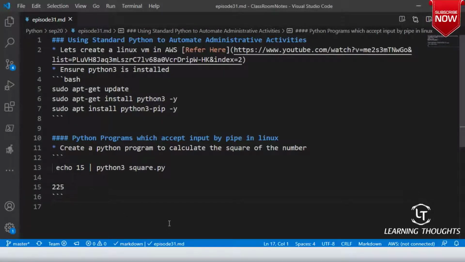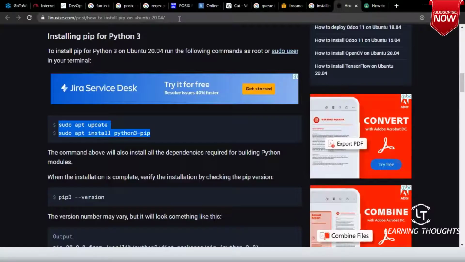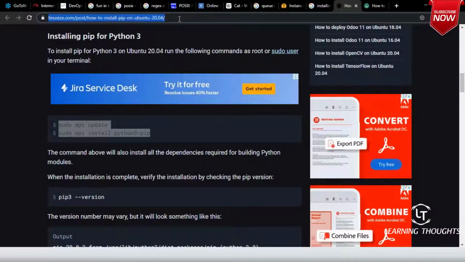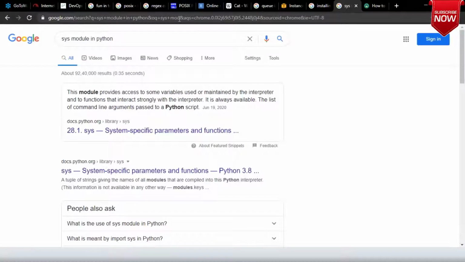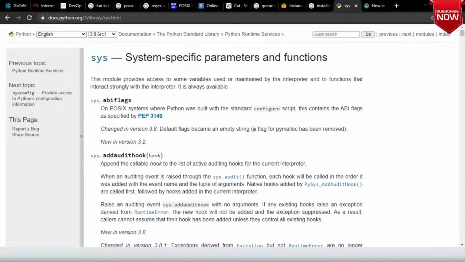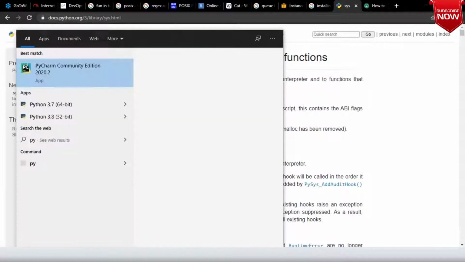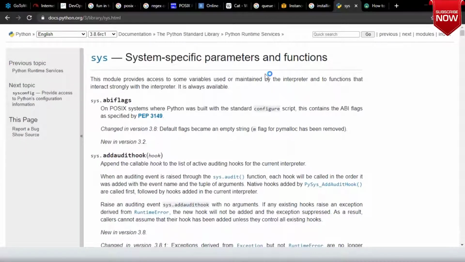Now let us try to understand one of the interesting modules in Python, the sys module. Are you seeing this module? Now let me quickly open PyCharm, but today I'll be creating a new virtual environment because this is for Linux.